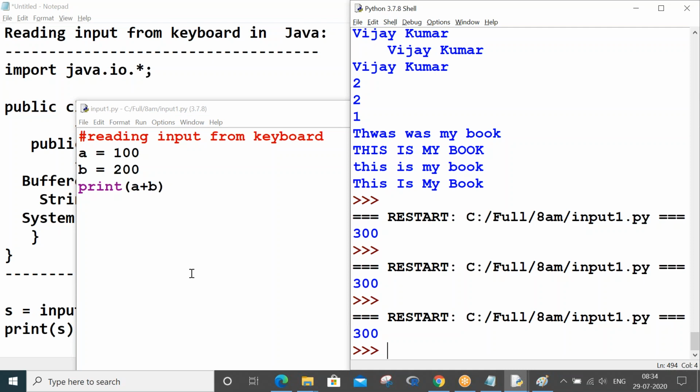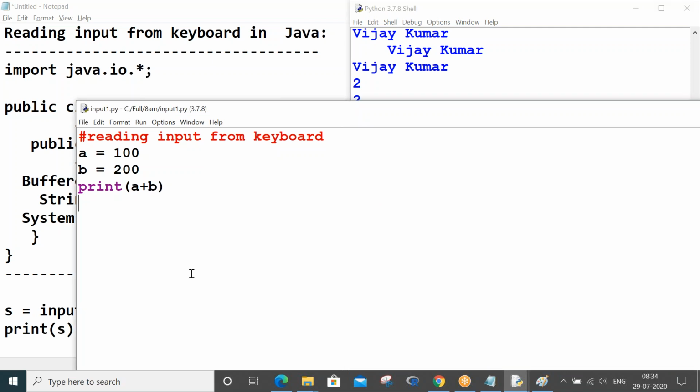You have to give scope for the end user to give inputs, right? A calculator does not come with only some standard numbers for addition. You can give any kind of number so that it will perform addition. Dynamically, as an end user, you can give any input: 3 plus 5, 10 plus 20, 1000 plus 2000, 5 plus 10, whatever. Am I right? So you have to know how to provide an option for the end user to give input. That's where the concept of reading input from keyboard comes in.